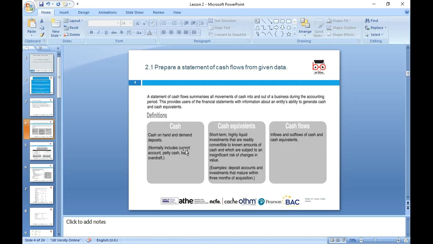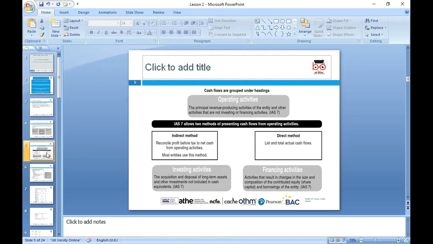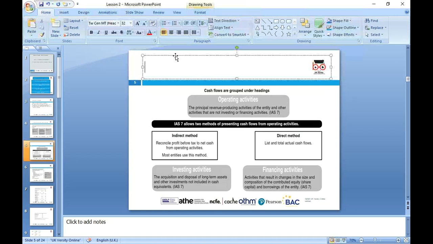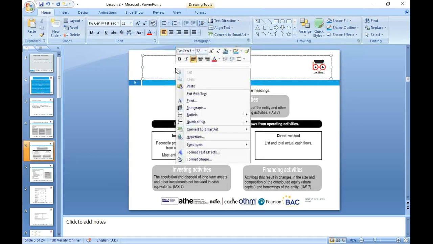the cash equivalent. Cash on hand and demand deposits normally indicate the current account, petty cash, and the bank overdraft. Cash equivalent is a short-term, highly liquid asset. We learned in other subjects, in other units, that the current asset is always the most liquid asset. So the cash flow is the inflow and outflow of cash and cash equivalent, which we'll go through during our lesson. Then under the cash flow, we have three major activities under